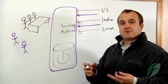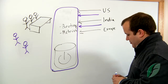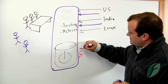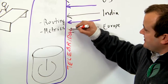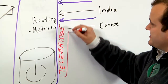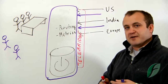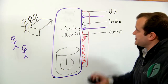Now, you may wonder, how are we able to do this in ServiceNow? ServiceNow is a ticketing application. Well, what Fruition Partners provides is an application called Telebridge. And what Telebridge does is provide telephony capabilities within the ServiceNow platform itself. So this layer now takes all of the calls from customers and relies on ServiceNow to perform the routing and the call connecting. This, in turn, relies on a cloud service